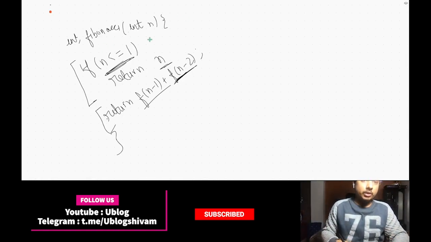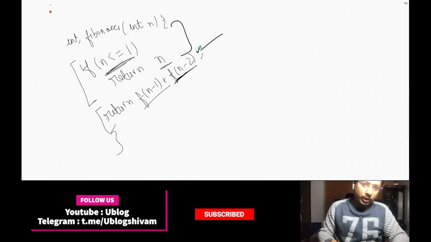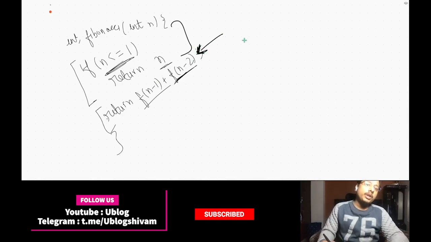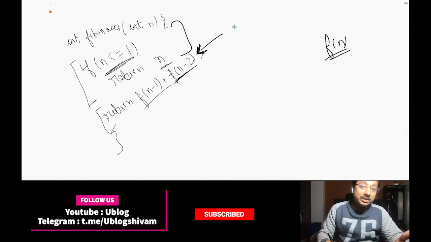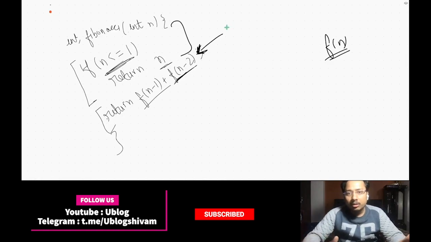So the base conditions remain the same, but here you need to first check if that function call, that fn, is already calculated or not. How can you do that? You can take an initial input array which is initialized with all zeros.